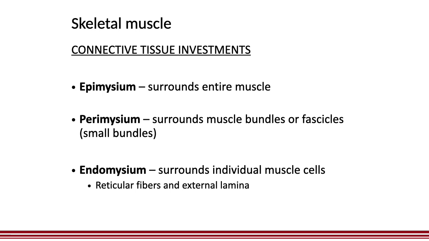Skeletal muscle is enveloped by connective tissue for several reasons. Number one, it serves as protection. Okay? So the connective tissue surrounding skeletal muscle provides protection to the muscle fibers by cushioning them from external forces and preventing damage from physical trauma. They also play a part in structural support. The connective tissue investments, also known as fascia, provide structural support to the muscle fibers and help maintain their positioning and alignment relative to each other and relative to the bones. This allows the muscle to generate force more efficiently and effectively so that the body can